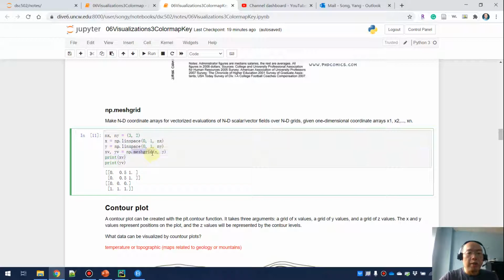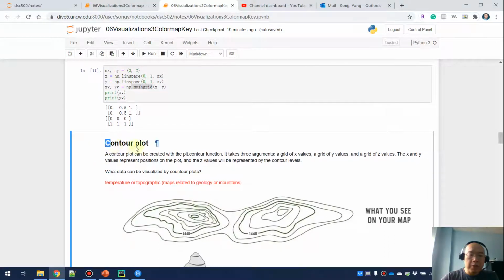And by doing a mesh grid, I'm trying to do a matrix, 3 by 2. Okay, and later we are going to talk about the contour plot. But remember, for the contour plot, I don't really think this is a super useful plot in the world of data science. But we are using the contour plot as a tool to see